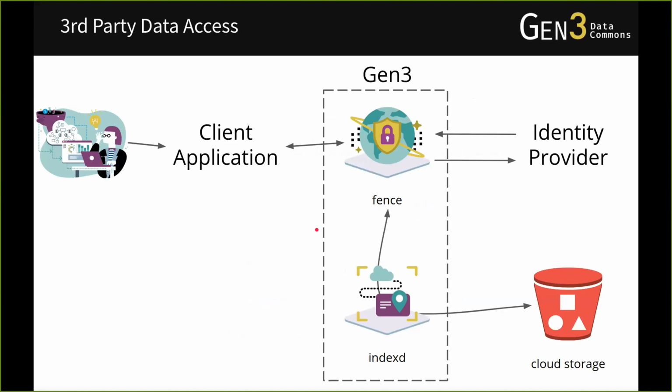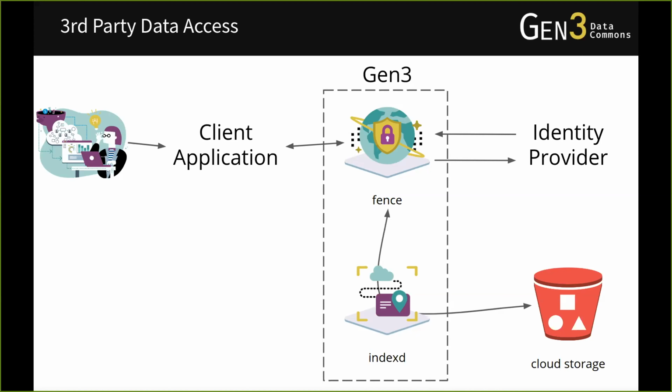Okay, so going to jump into what it means for a third party to access data on a user's behalf, because it's pretty common that perhaps the Gen3 services that are being used may be limited to Fence, IndexD, and Arborist, which you may have heard us call our framework services. So these are the foundational services that support data access. And so if we have a system like BioData Catalyst, where we have a different platform that's being used for analysis, then that